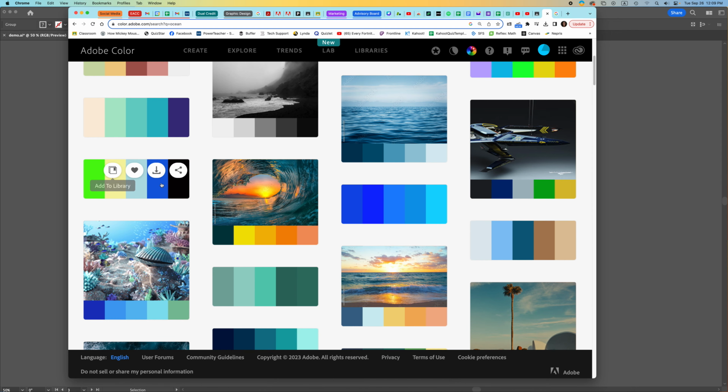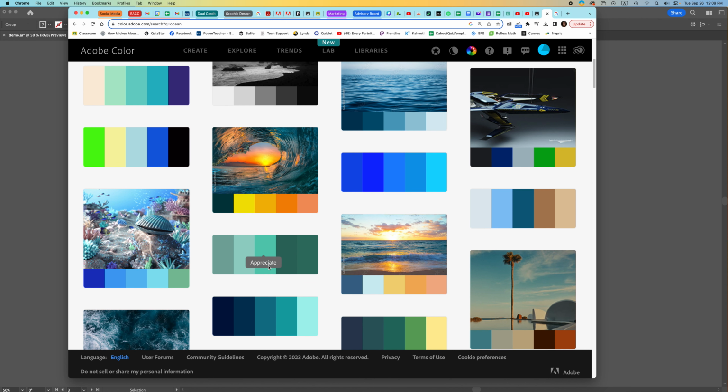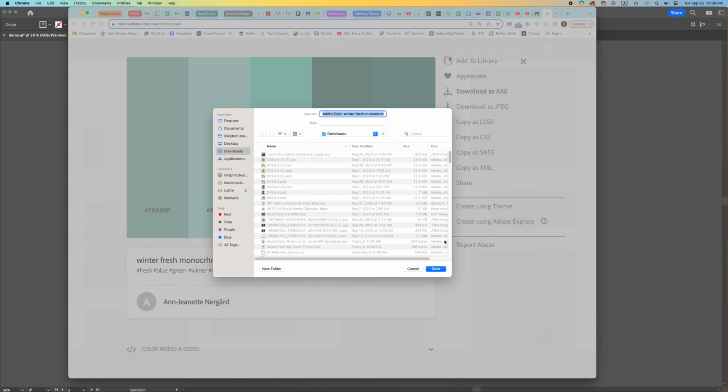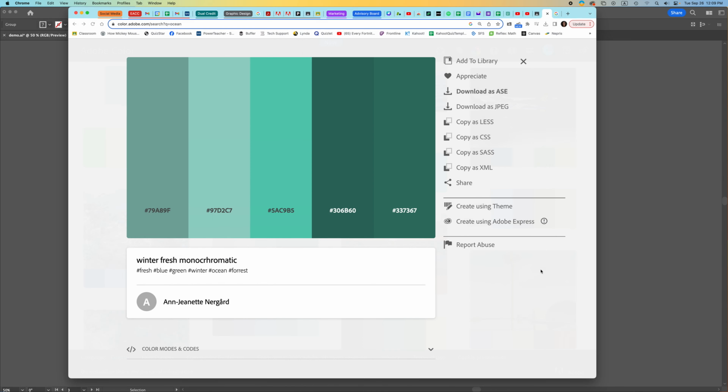Not always. Some people have created other color schemes and have tagged them with these words, but let's say I wanted to go into this one, and again, I should be able to hit add to library, but it doesn't seem to be working. But I can download as ASE, or Adobe Swatch Exchange,